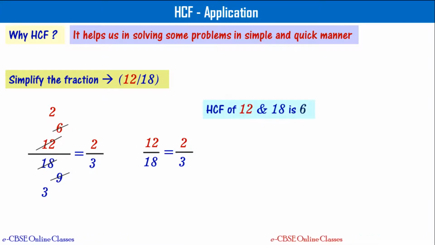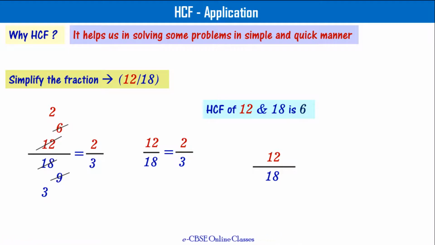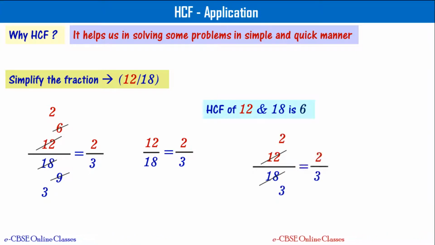We have just seen that HCF of 12 and 18 is number 6, right? It means when you have to simplify a fraction like 12 by 18, you simply divide both the numbers in the numerator and denominator with number 6, which is HCF of these two numbers. So 12 can be written as 2 times 6 and 18 can be written as 3 times 6. So you simply got 12 by 18 as 2 by 3, right? When you use HCF. And this is going to be much more useful when the numbers in the numerator and denominator of the given fraction are much bigger.